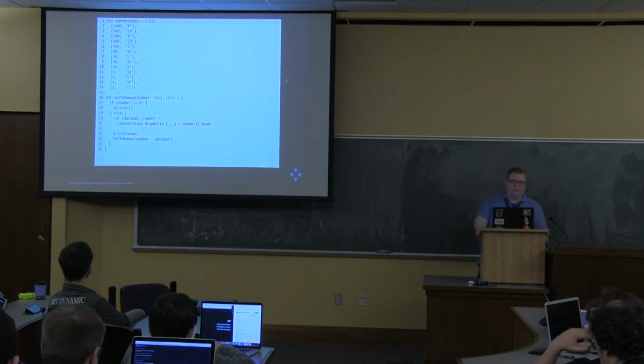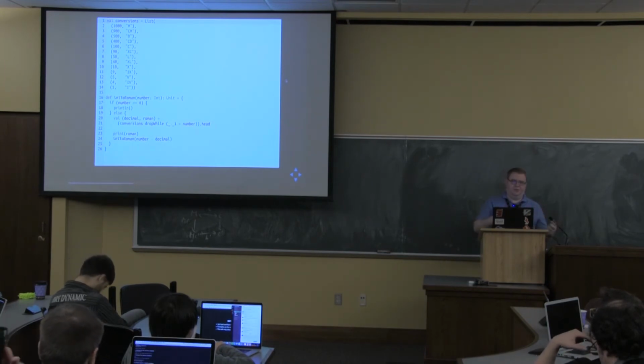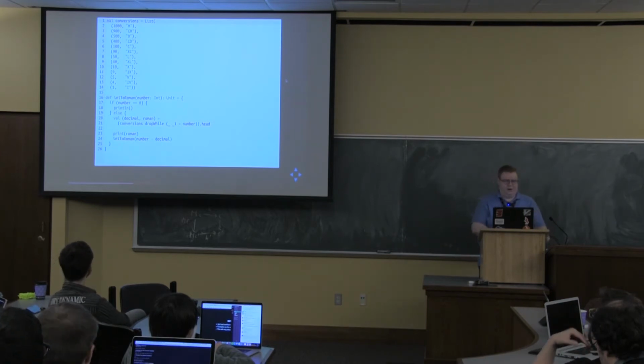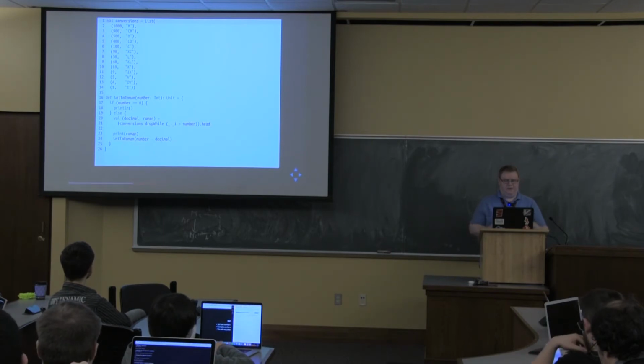And so here's an example of a function that converts a decimal number to a Roman numeral. And this is the before example. This is a function that I wrote myself. And you can see it has a return type of unit. It has a print line here as a base case. It prints one digit at a time. And this suffers from a lot of those problems that I listed on the previous slide.